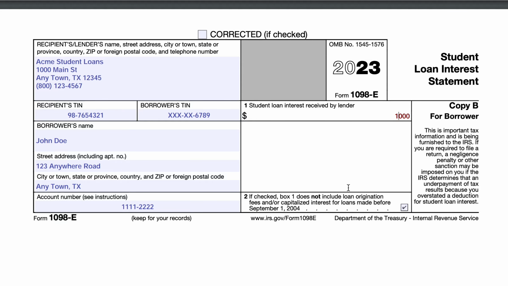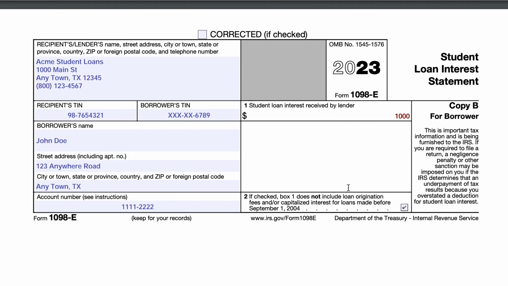However, if you filed IRS Form 2555 to declare foreign earned income, if you are excluding income from American Samoa or from Puerto Rico, then you may need to use a different worksheet to calculate your student loan interest deduction. That worksheet is located in IRS Publication 970. We'll put a link to the walkthrough of that worksheet in our show notes as well. So that's how you would determine the tax impact of your student loan interest.